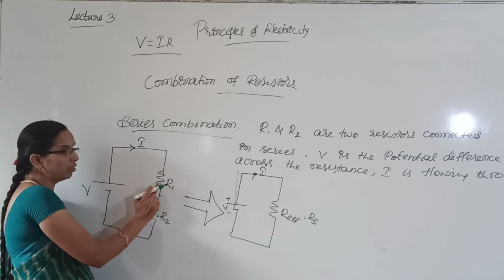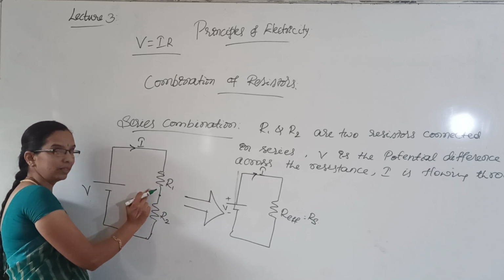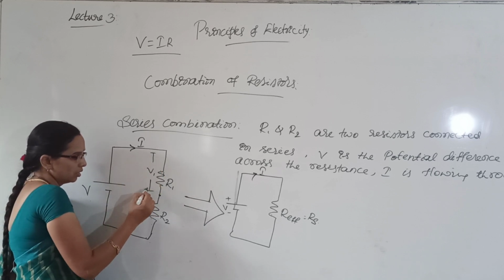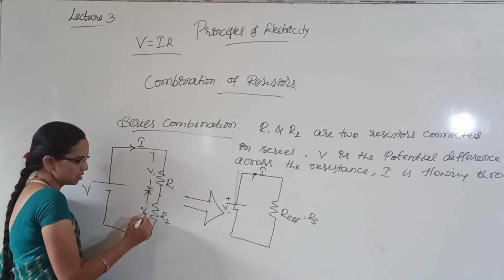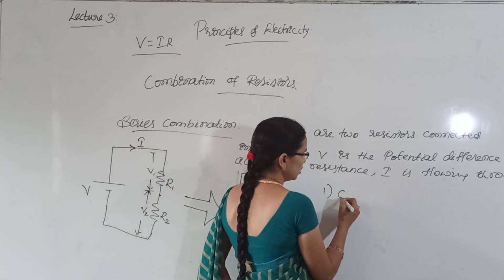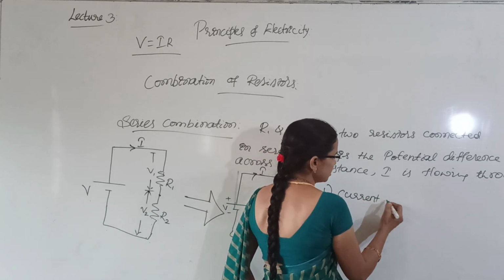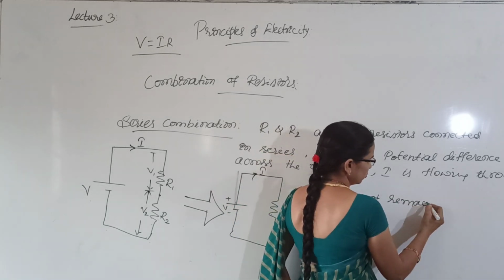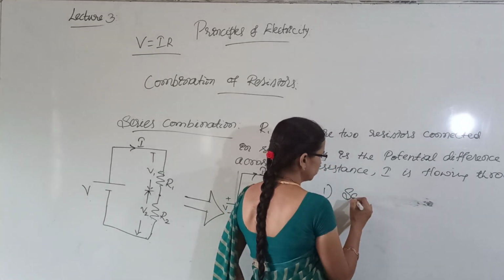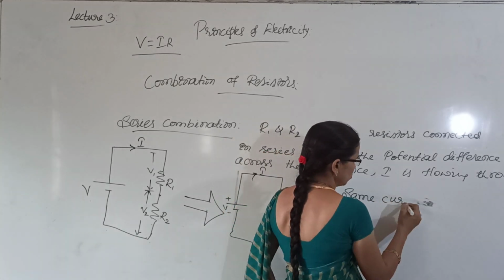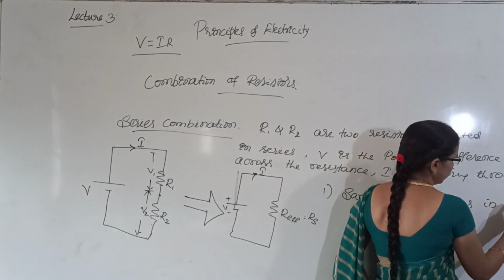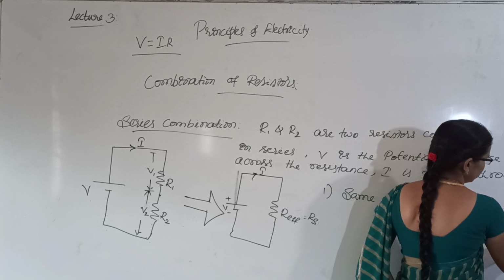Depending on the value of resistance, the voltage will be dividing across these two resistors. That is, in series combination, current remains the same, or the same current flows in both the resistors,